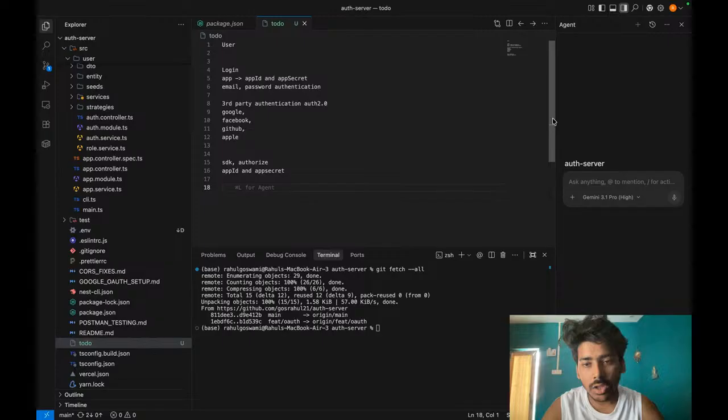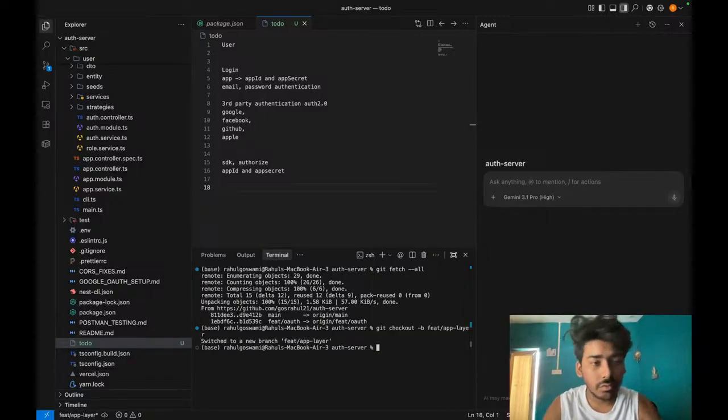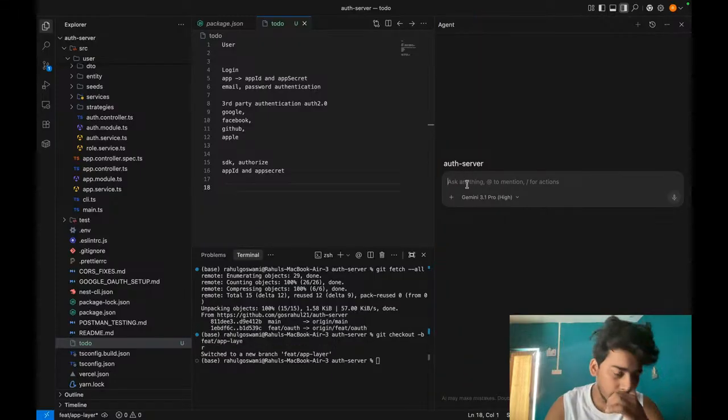Okay, so what I will do is I will create a new branch here. git checkout -b feature app layer. Okay, so you just create a new branch, and what I will say here is that